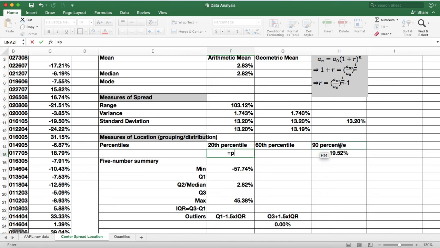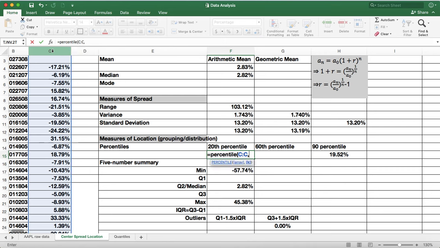Equal percentile. Choose the column of data. Type in 20%, not just type 20. Return. We got the value negative 7.03%. Then it means for the Apple Stars monthly returns, 20% of that falls below